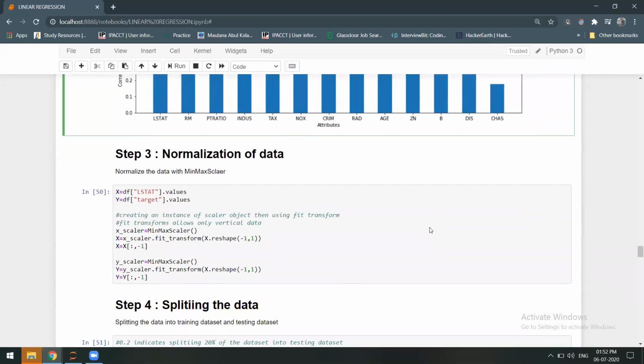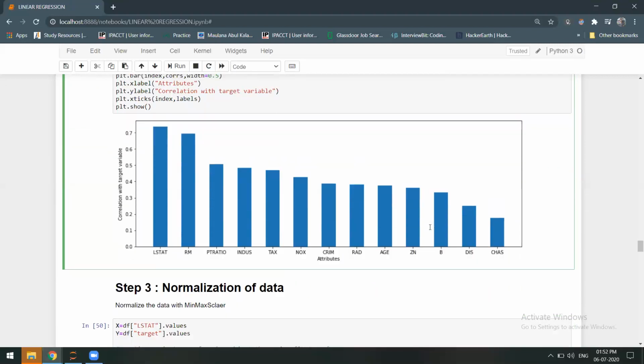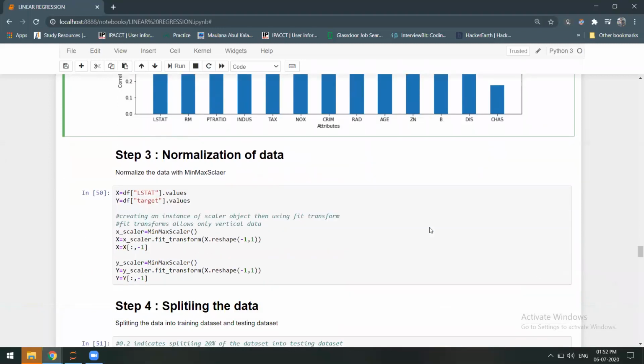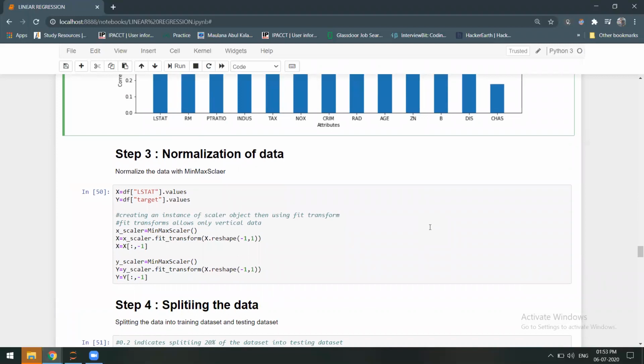After this we found the correlation of every attribute. We have come to know that LSTAT is the one on which we need to train the dataset. So x has been set from the data frame as LSTAT.values, and similarly for the target values.